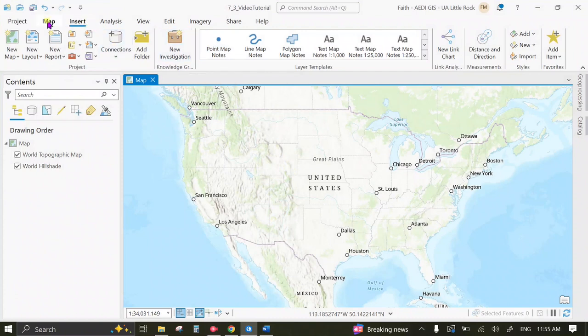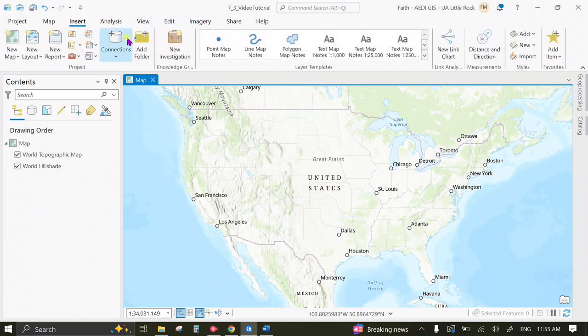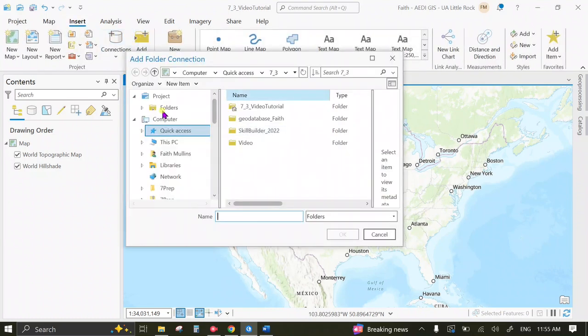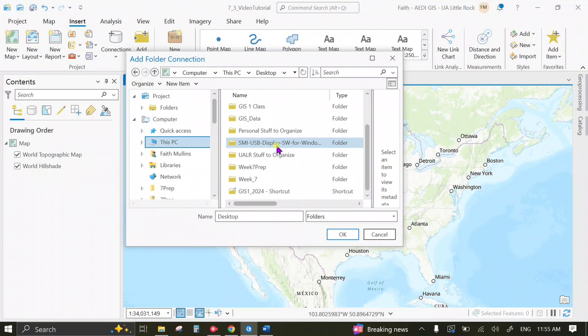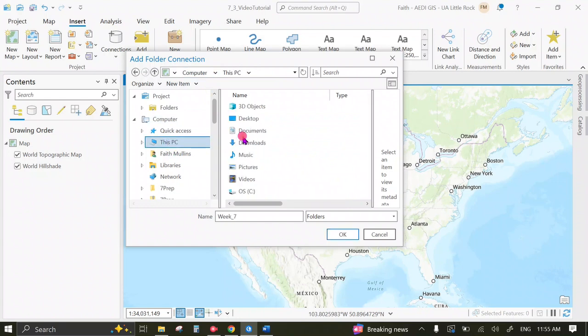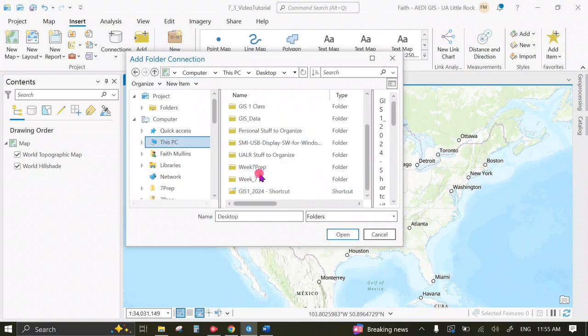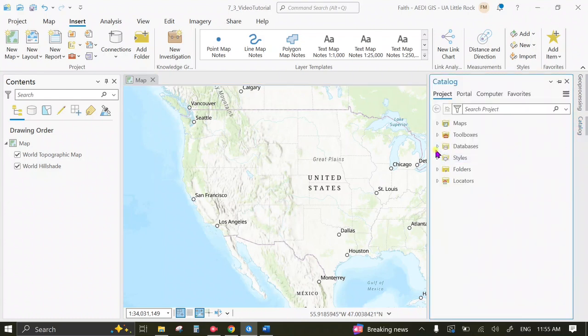Next, we are going to connect to that folder in our ArcPro project. To do this, go to the Insert tab and click Add Folder. Then navigate to where you have that folder saved on your desktop or in your Documents folder. I'm navigating to the wrong place because I just saved it on my desktop. Okay, I connected to that folder,